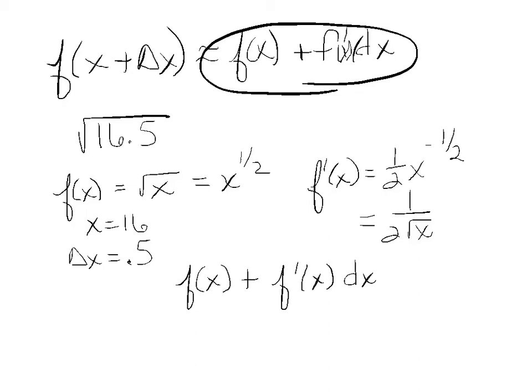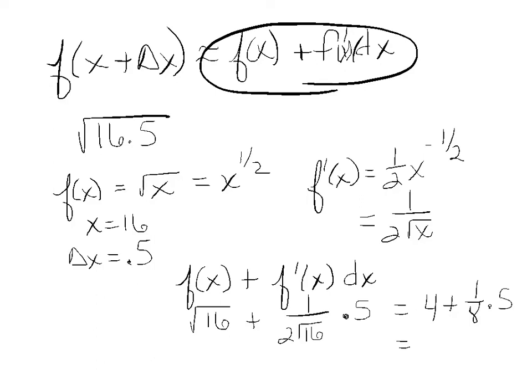In this case, we're going to have f of x, which is the square root of 16, plus 1 over 2 square roots of 16 times the differential of x, which is 0.5. And so this is going to be equal to 4 plus 1/8 times 0.5, which is approximately